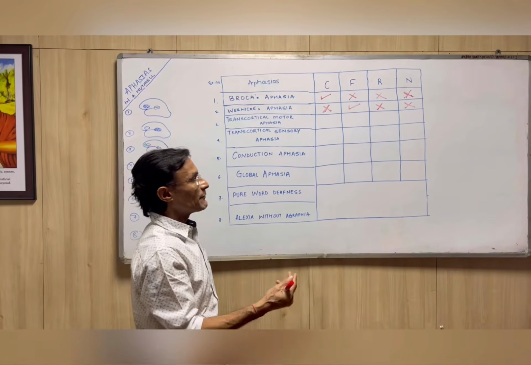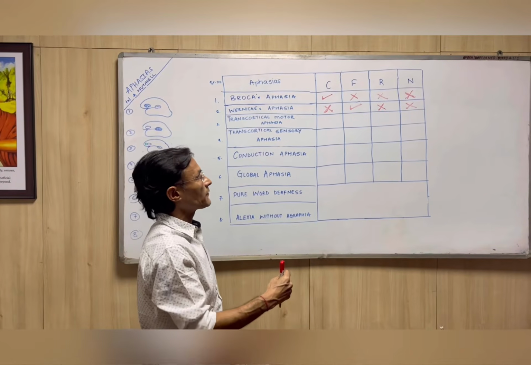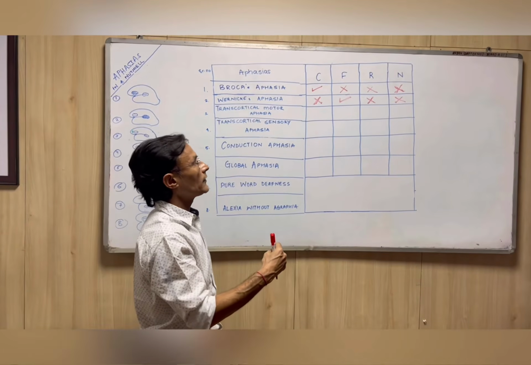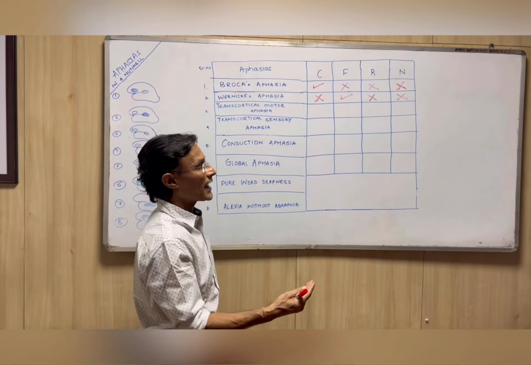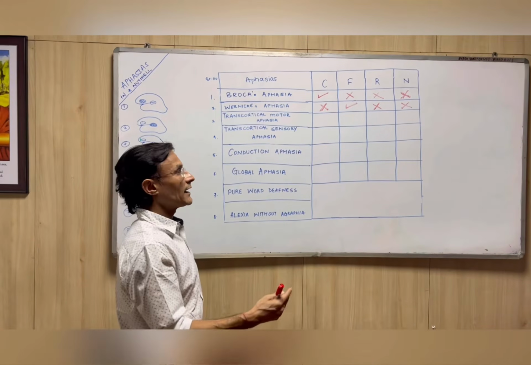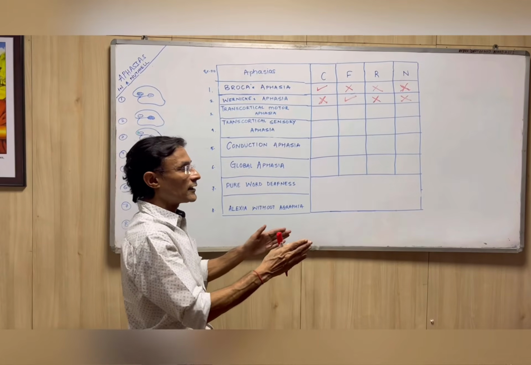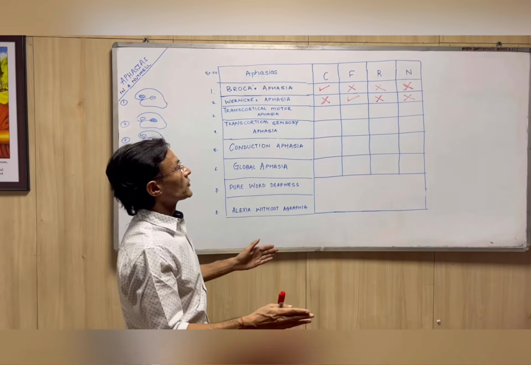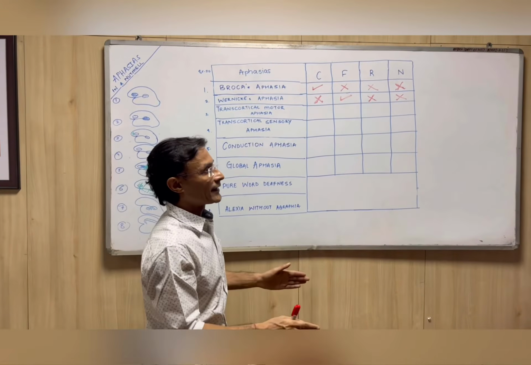And what is a semantic paraphasia? The patient will substitute some action of that particular object. If you show a chair to the patient and ask what it is, the patient will say this is to sit. That means he understands that something like sitting is done on this, but the patient is not able to say exactly that it is a chair. So grammar will be intact.